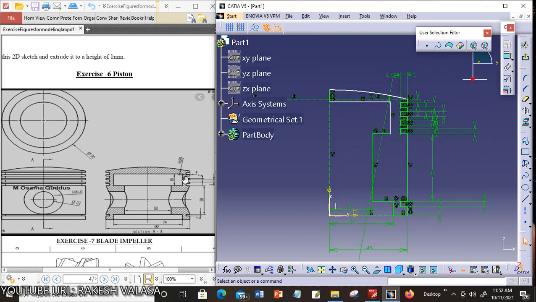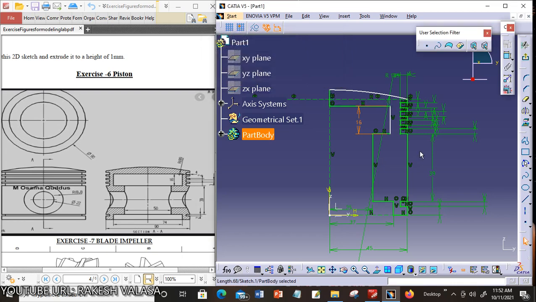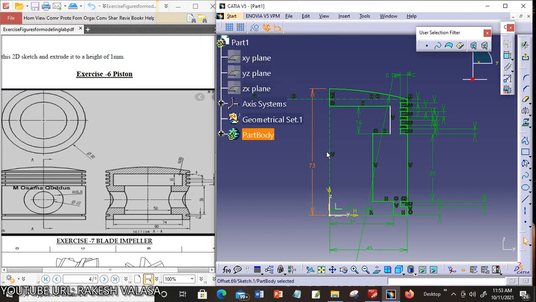This vertical edge length is 16 mm. Next, this left side height, take an approximate value, that is 73, rounded up.